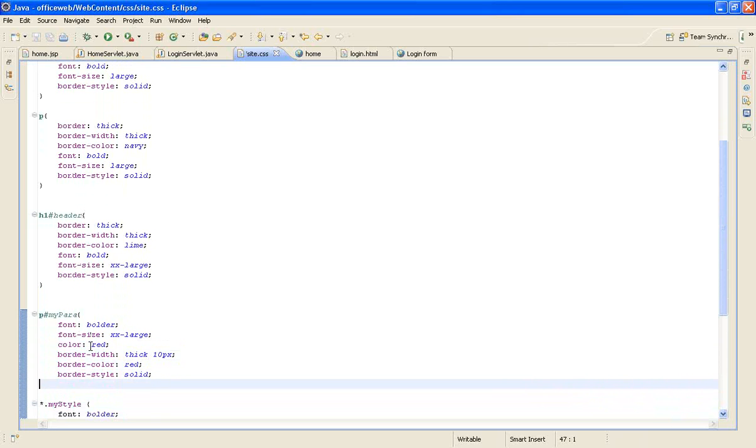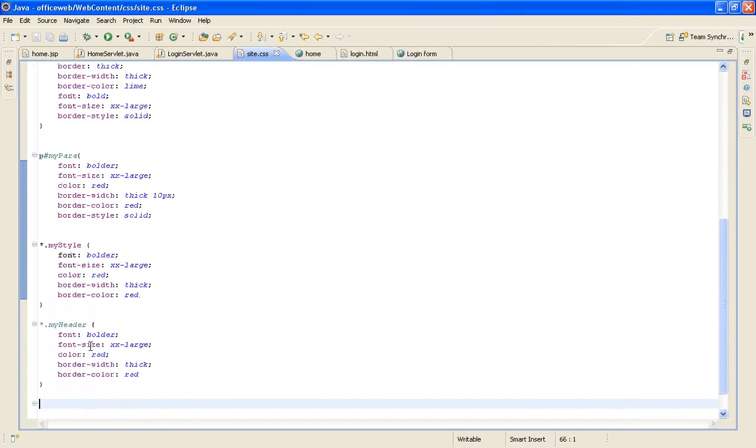Now the same thing, another example. Suppose I don't really care where I'm going to apply this particular style. It could be a table, it could be something else. I want just any element that has the style class as my style.